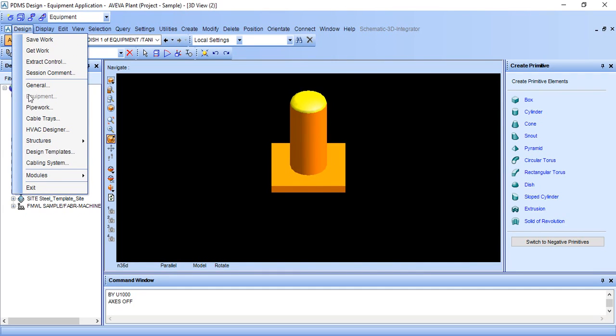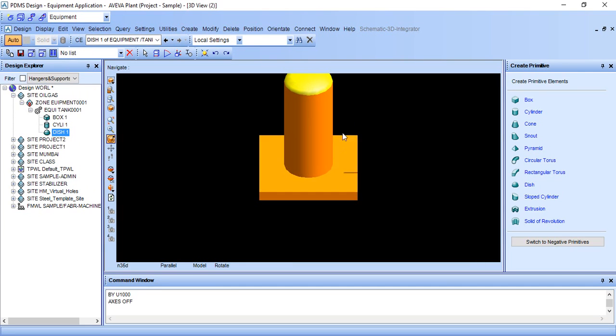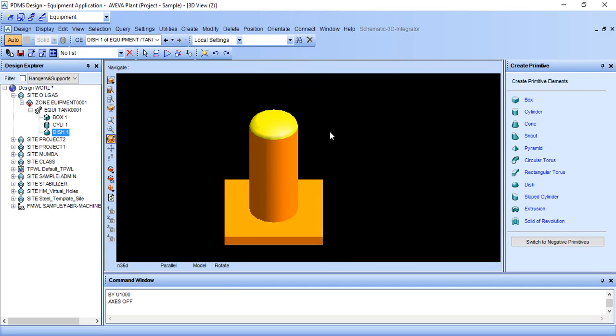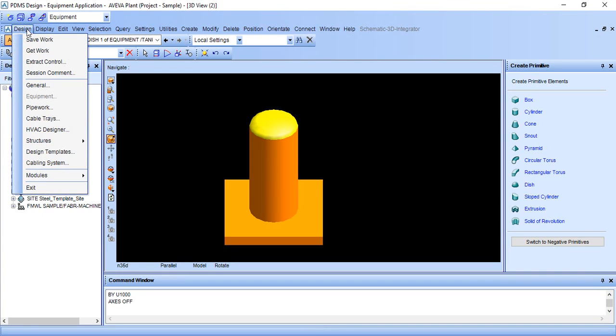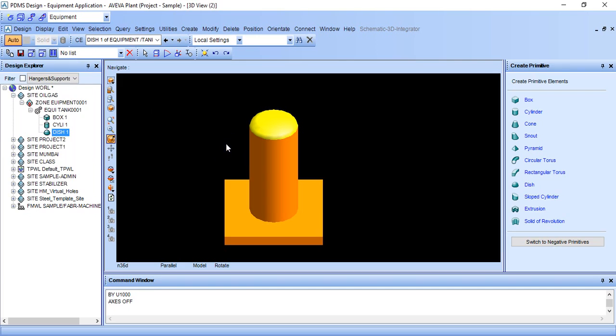And make sure you are in Design and go to Equipment first. Here my selection is already on equipment, that's why I am making this. Make sure your selection is on equipment when you are creating equipment.